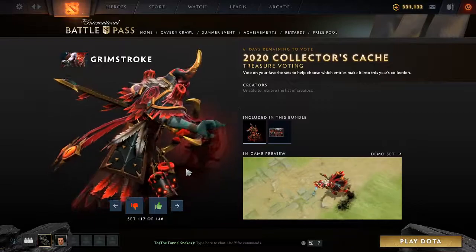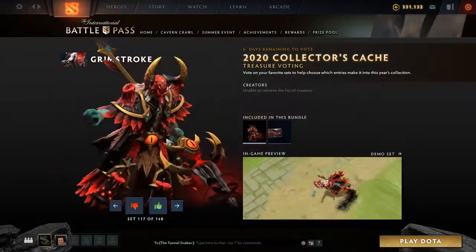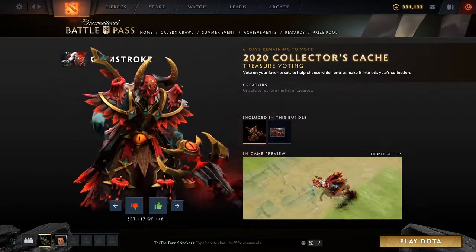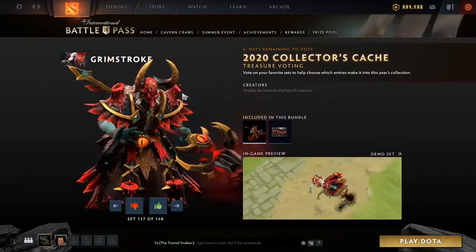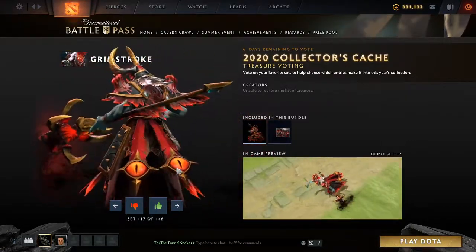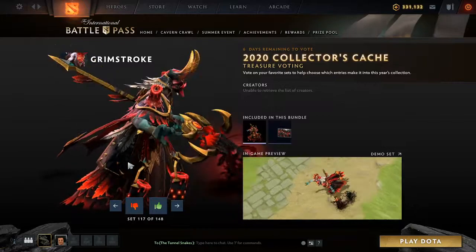Alright, another Grimstroke. Okay, this one's definitely different than the other ones that we've seen. Covering his mouth, or covering his face mostly. He's got candles on his shoulders. Interesting. He's got more candles down there. Does he have any other candles? No. The paintbrush,